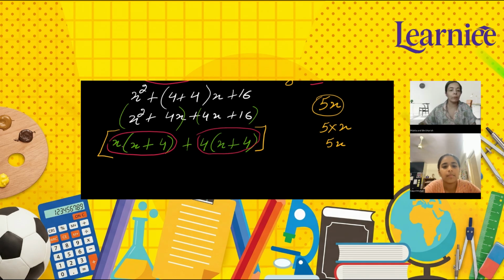Now what do you see? What do they have in common? See, I have enclosed both values in pink. What do they have in common? Can we take anything out? X plus 4 bracket, right? Exactly. x is also having x plus 4, 4 is also having x plus 4. So can I take x plus 4 out